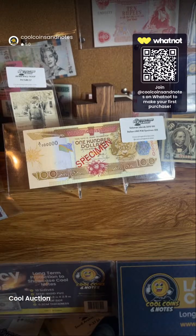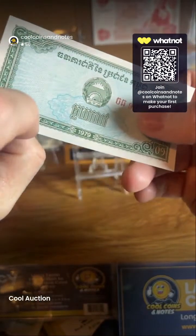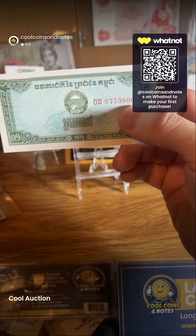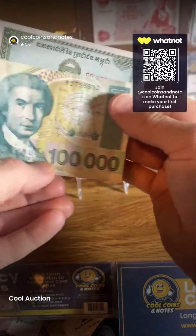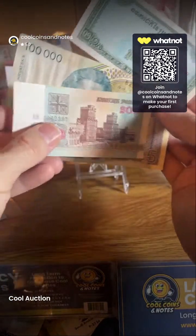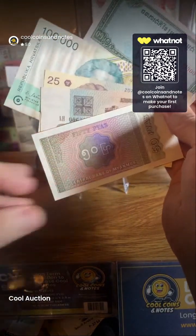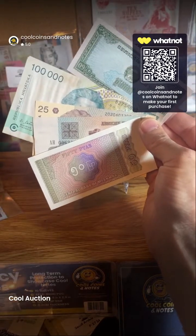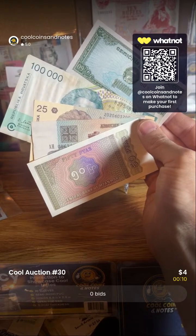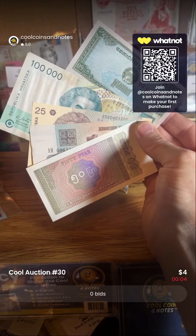Here's some notes I was working up to see what's in here. Looks like Laos or Cambodia one. Cambodia, Croatia, Croatia, Bulgaria, Myanmar. That's pretty cool. There's a little lot of Eastern European, and then you got the Laos, Cambodia one up there. So Croatia, Bulgaria, Myanmar, and